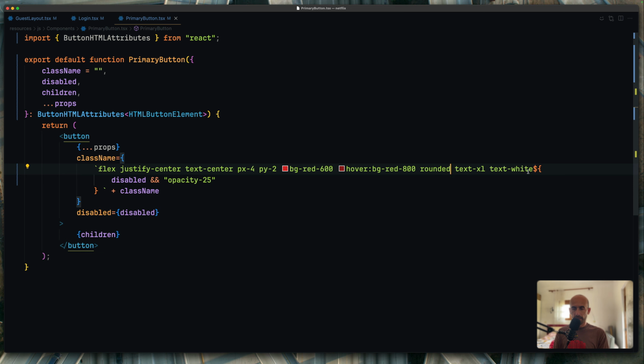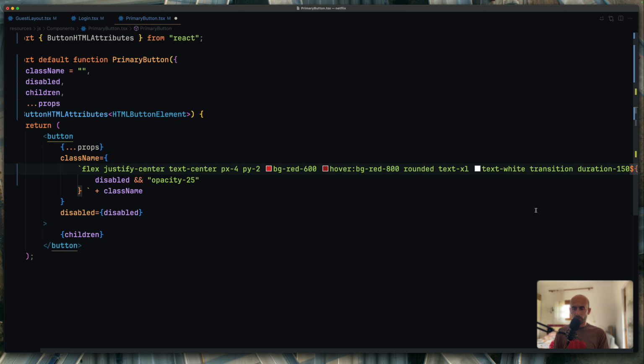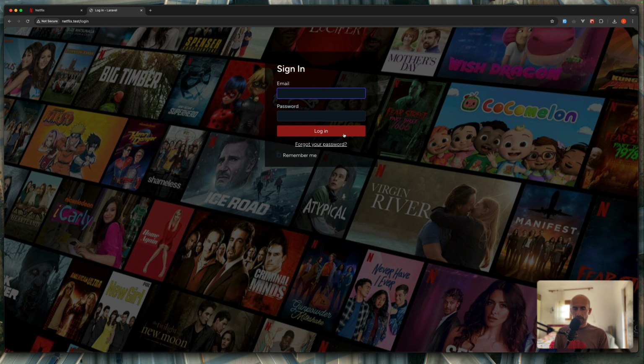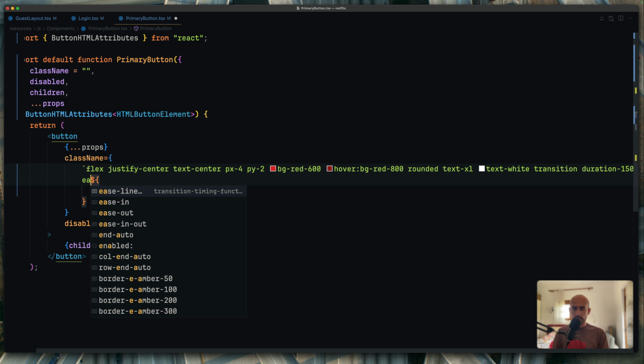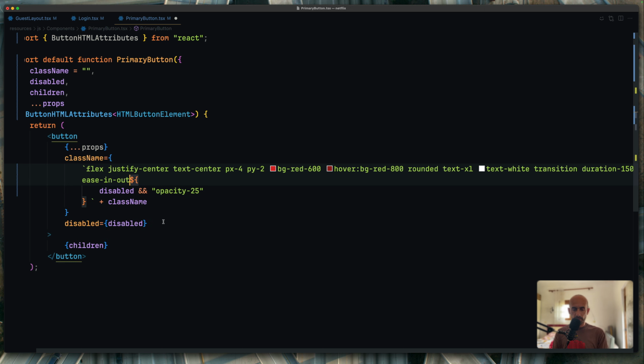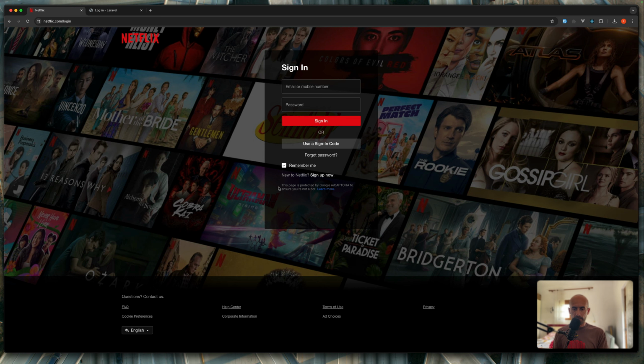Yeah, also let's add the transition, and duration of 150. Okay, let's say ease in out. Very good. Now let's adjust this text